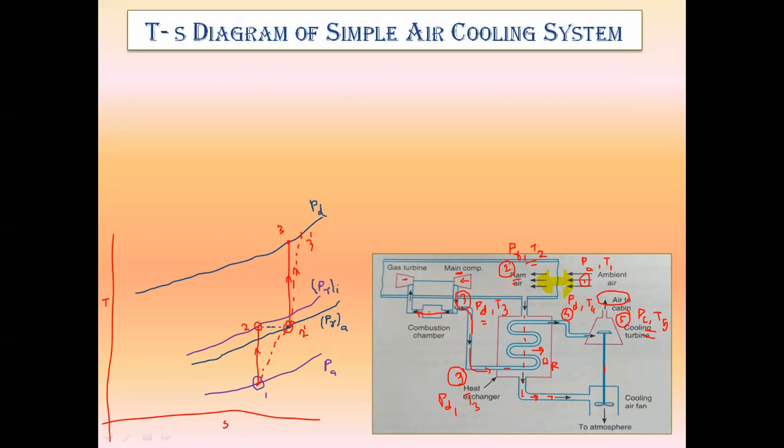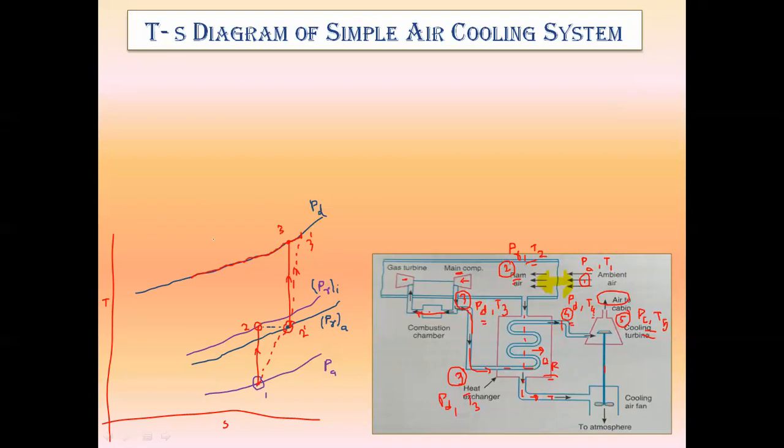air is supplied to the heat exchanger. So inside the heat exchanger, constant pressure heat rejection process will take place. That means whatever compressed air will be there, that will be rejecting heat to the T2 temperature ram air. Because of that constant pressure heat rejection process, the outlet of the heat exchanger will have the pressure as delivery pressure and temperature as T4. So at the same delivery pressure, compressed air will lose its heat, and because of heat rejection,